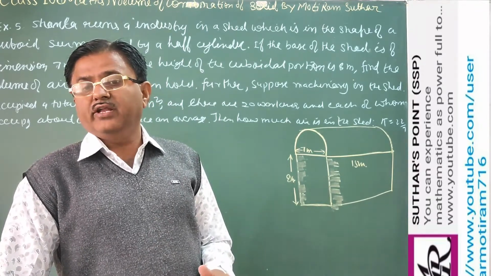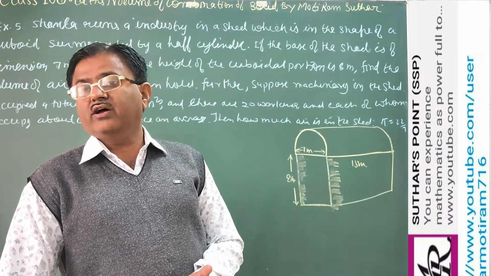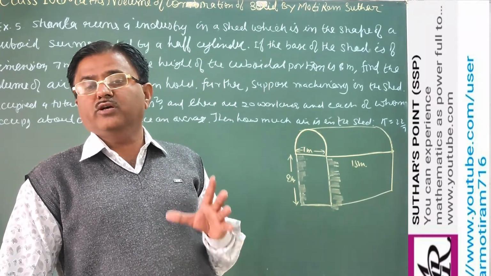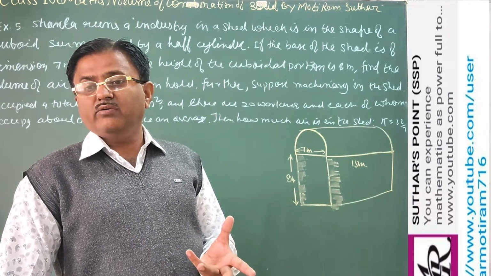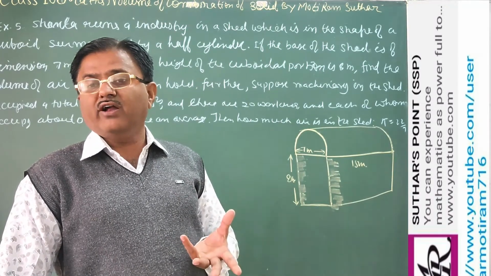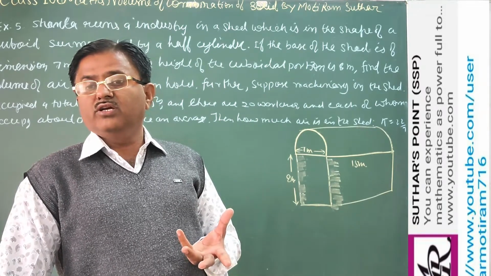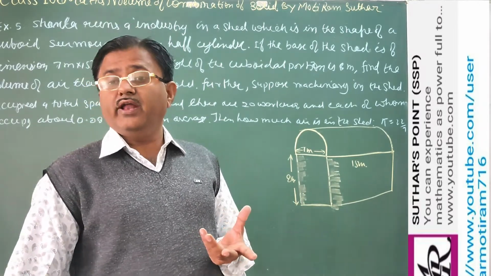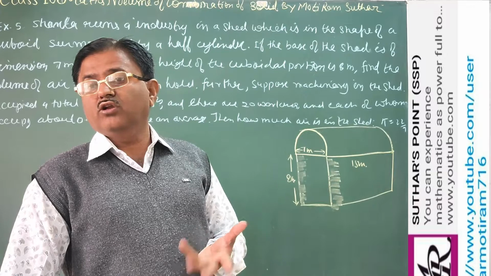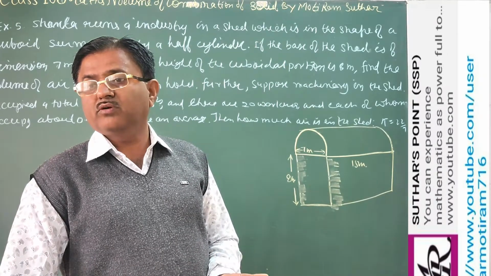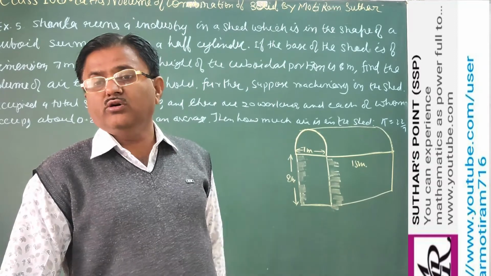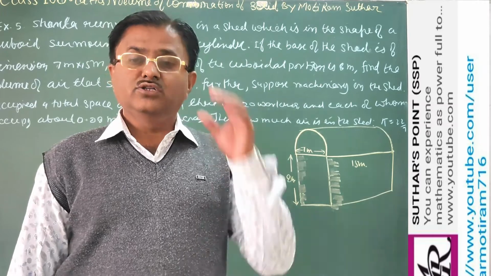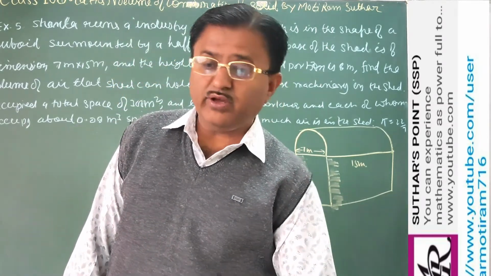Only you have to find the volume of the combination of solids. Suppose a cylinder and a cuboid are given and you have to find the volume of the given figure. That is the volume of the cuboid plus the volume of the cylinder. If a cylinder and a hemisphere are combined, then we use the volume of the cylinder plus the volume of the hemisphere. Very easy, directly. You already know the different formulas used for finding the volume of solid figures. So for that we are taking an example.